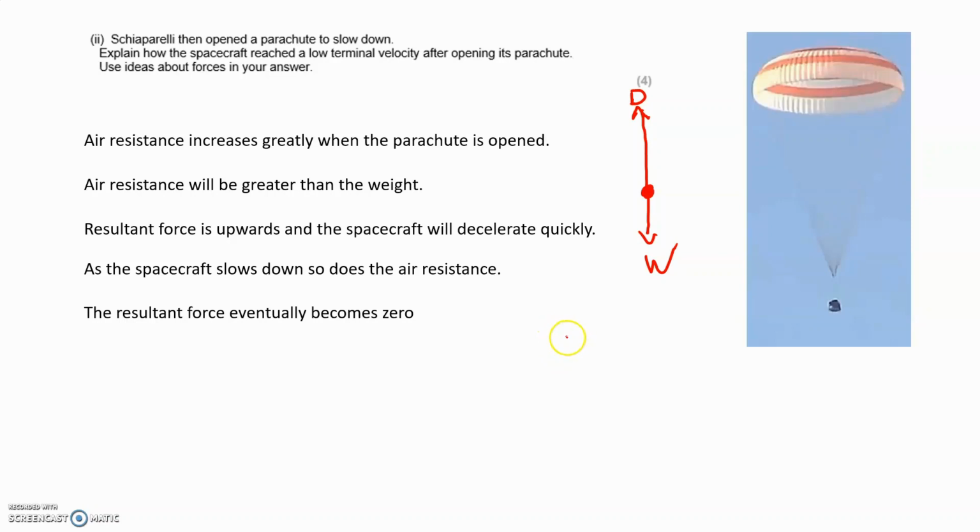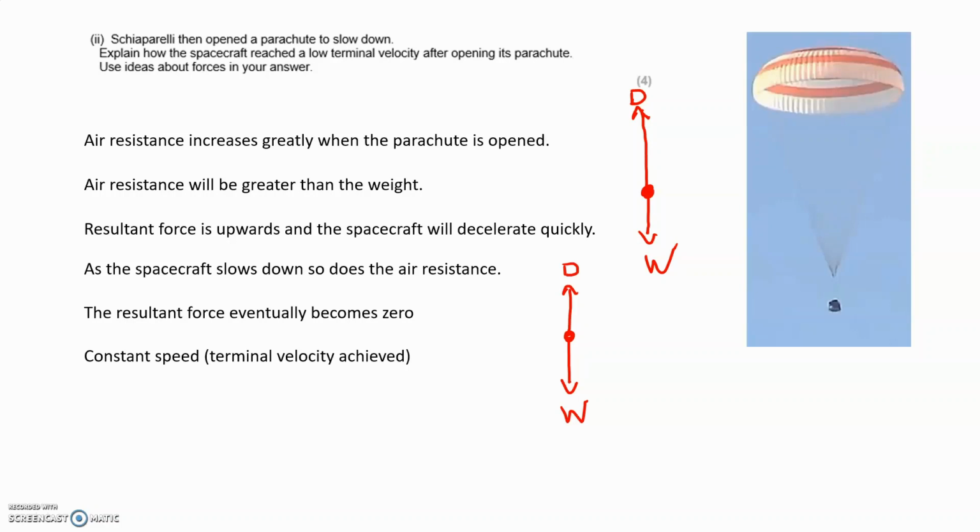So if we draw another free body diagram to represent that, the weight doesn't change, but because the spacecraft is slowing down, the drag force will decrease, and you will get a situation where the drag force and the weight will become equal, and that will mean there is no resultant force. The 2 forces cancel each other, there's no resultant force, and you end up with the fact that the space probe will achieve or reach a smaller constant speed, or a smaller